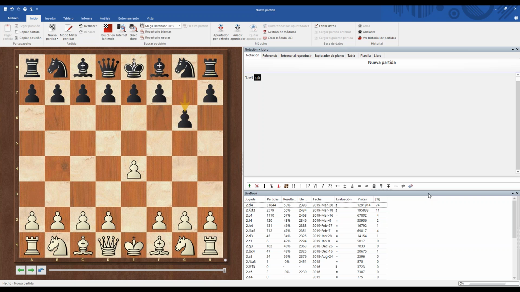The idea of this defense with the black pieces is trying to develop the bishop to g7 early and maybe play these moves d6 and sometimes a6 and b5. With white pieces, we simply try to develop our pieces to the center. This is the best way to fight against this defense. For example, here